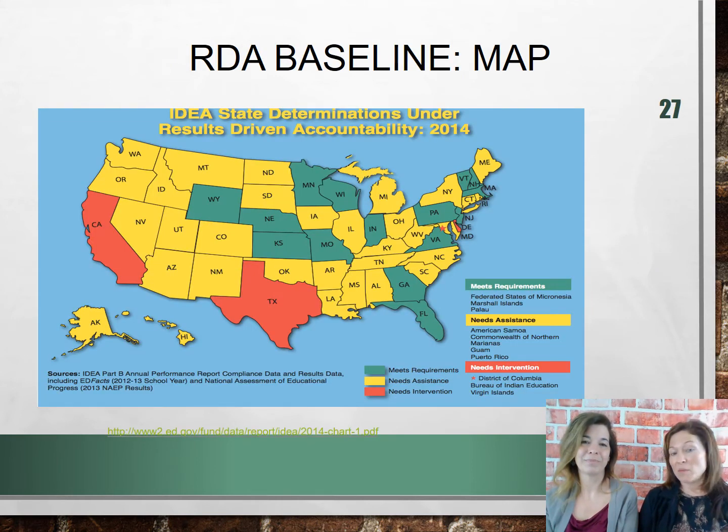So here is the map of that data, and if you want to take just a quick second to locate your state and see where you are, if you have green, that means you're meeting criteria. And the yellow means that there were some areas that needed assistance, and the red areas were ones that needed intervention. And so what happens if you need intervention? Well, if your state's in the red for several years, that could lead to some issues. They took the data for 5 or 6 years now, and states change. They shift from green, yellow, red.